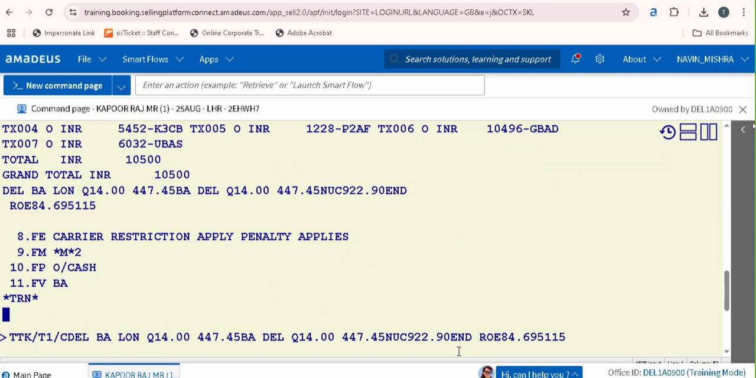And how do I show it? Let's do a Q, and we need to paste the